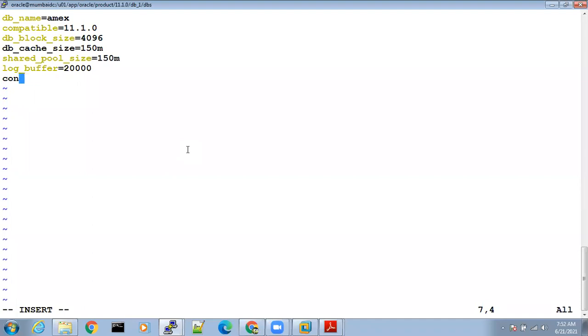Next, control. We will make some spelling mistakes wantedly and see what happens. Control, I'll type it with a spelling mistake. Underscore file is equal to /prod/mx/oradata, which is where the control file has to be created.